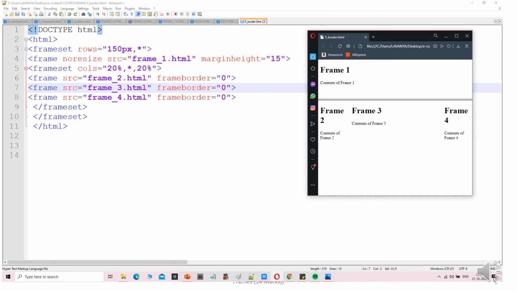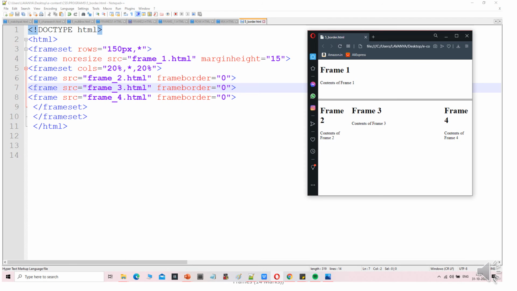See here, this is the doctype HTML tag, frameset rows equal to 150px, meaning pixels. Frame noresize src equal to frame1.html, marginheight equal to 15. Then frameset columns equal to 20%.